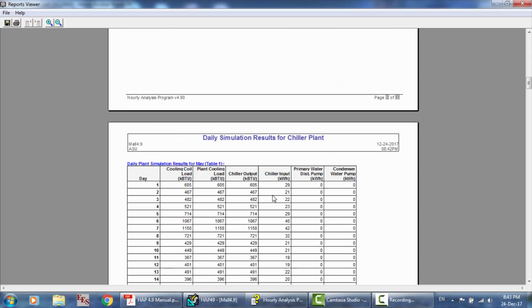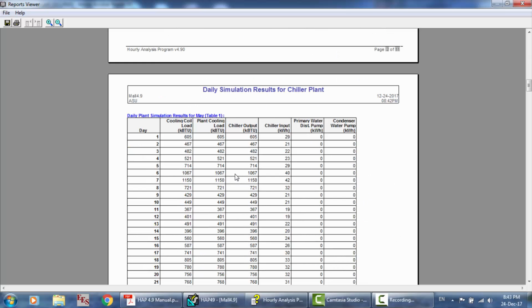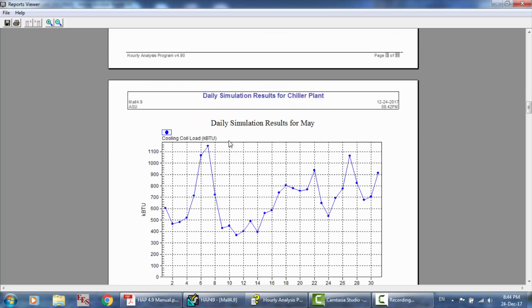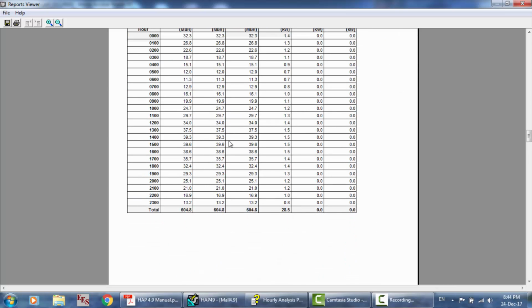You will see it, and these things, the input kilowatt hour, energy. Please, you have to be careful when you deal with the units to know what's going on. It's very important to know if this is for electric consumption or fuel consumption, or this is the heating or the cooling load. Okay,